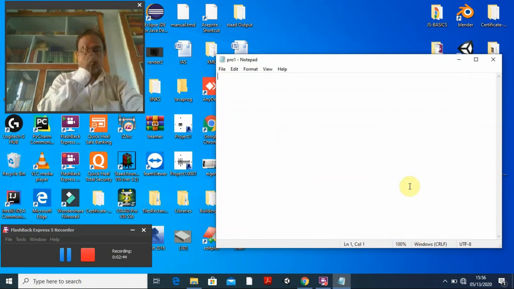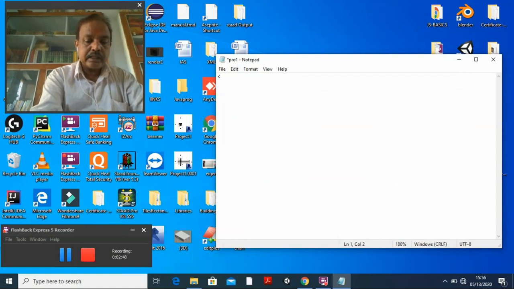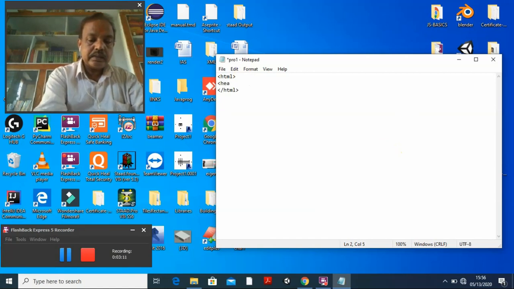But whenever you write this HTML program, suppose I want to write something like HTML, and this is the opening tag html, and here I want to write the closing tag html. In between I want to write, say, enter, the head, H-E-A-D, head, with the closing tag also head.